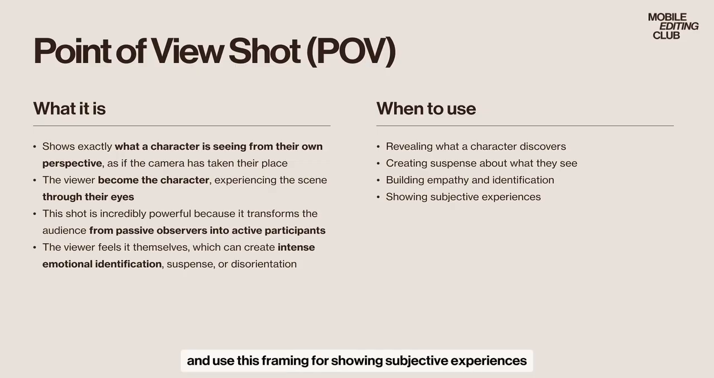And use this framing for showing subjective experiences. Altered states, impaired vision, emotional distortion, or any moment where perception itself matters. The POV shot makes the subjective objective by giving the audience direct access to how a character perceives their world. The POV shot is one of cinema's most direct tools for manipulation, in the best sense of that word. You can make the audience feel exactly what you want them to feel by controlling what they see and when